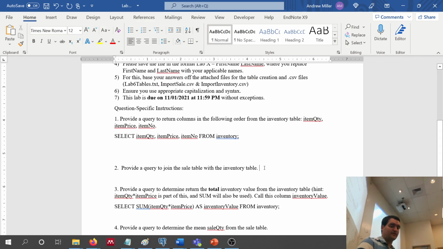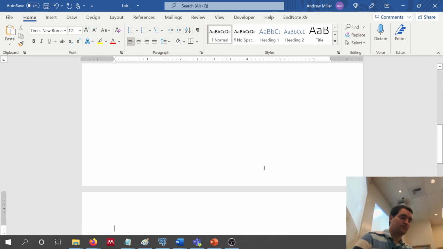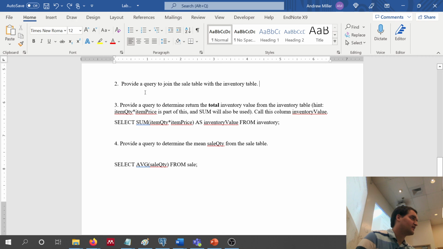Now, for number 2, we know that both the inventory table and the sale table have which column? Do they both have item number? Is that fair to say? They do. If you were to look at the tables, they both have item number. That's what they have in common.